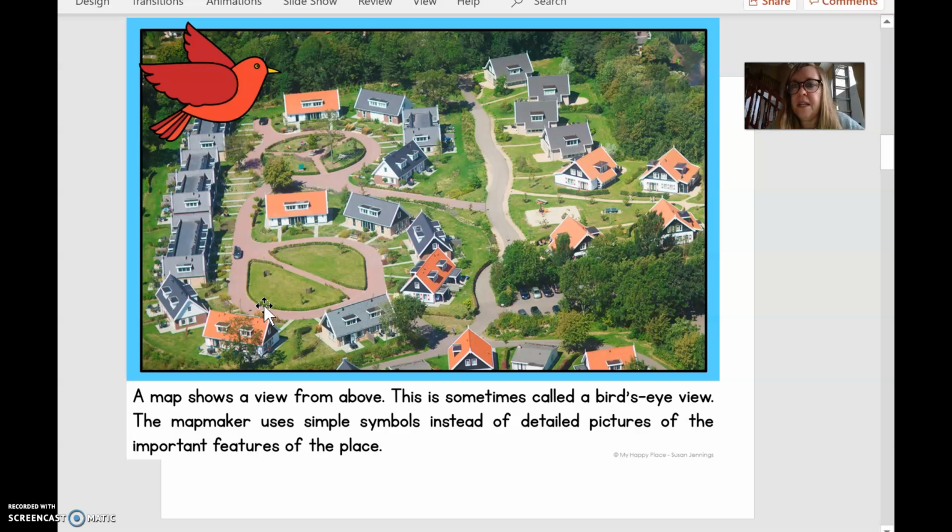This is a picture of a neighborhood, and you see the little bird up in the corner. That's because when you look down on land, it's called a bird's eye view. So you're flying over and you're looking down, and that's what you would see if you were a bird. Pretty cool. So this map shows a little neighborhood, and there are some houses,